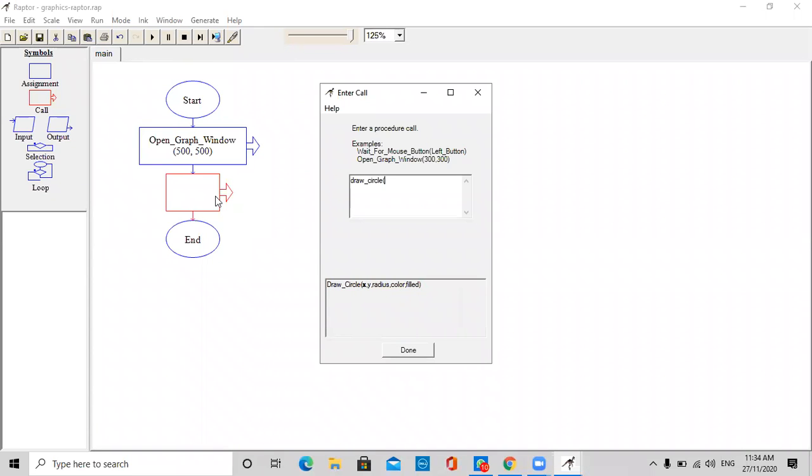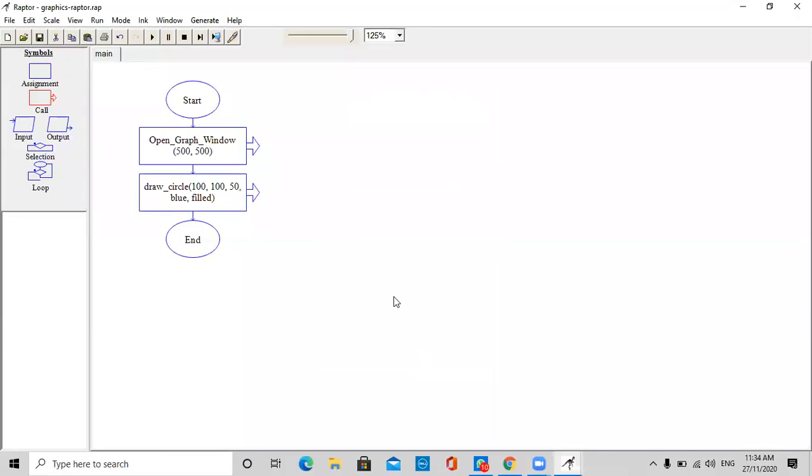Okay, what does it require? XY coordinates. My size is 500 by 500, so let me put it as 100, comma 100. The radius, let it be 50. Color, let me call it blue, comma fill. Yes, it is saying fill, so I am also typing fill, and then done.